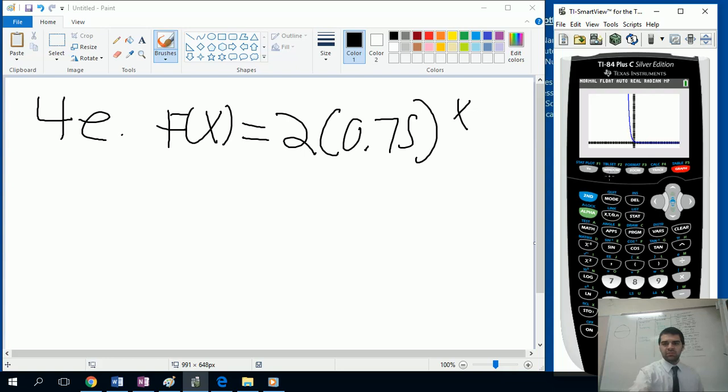If you can, I can change the window, but you could have seen it from there, but essentially we have our